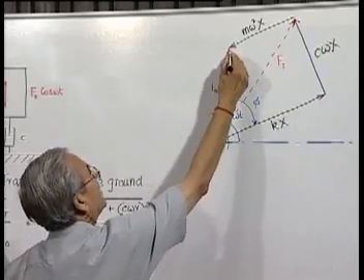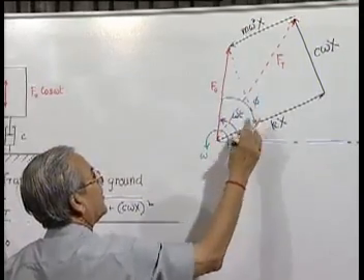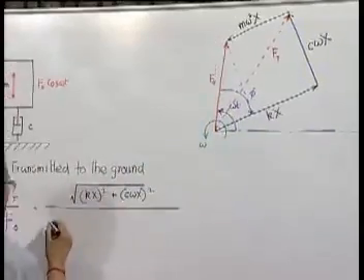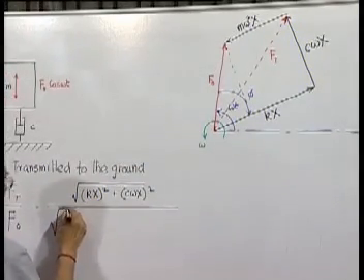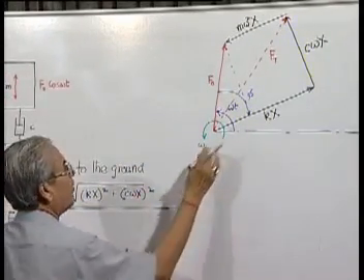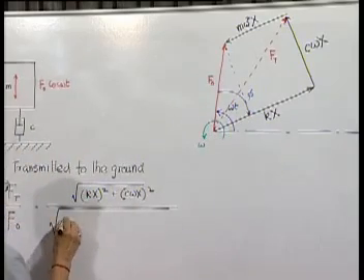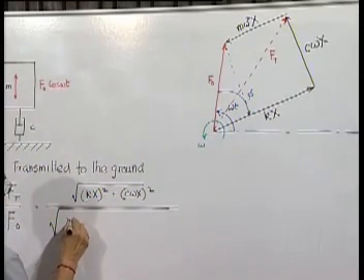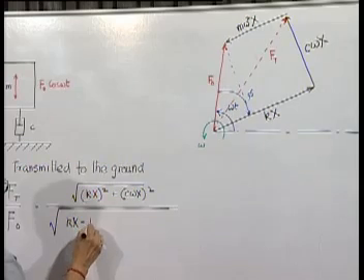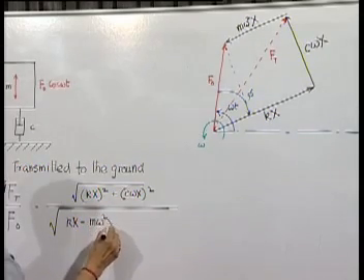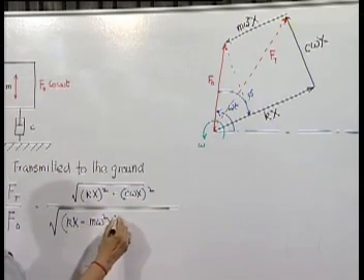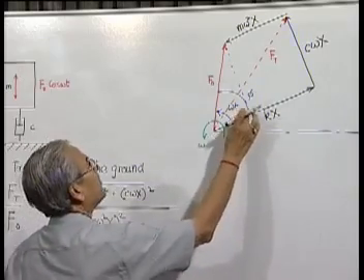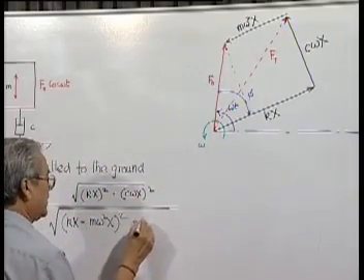F0 is again this square plus this square, square root. How much is this? This is kx minus m omega square x, this square, plus this is again